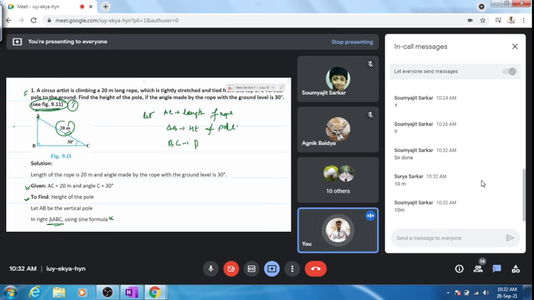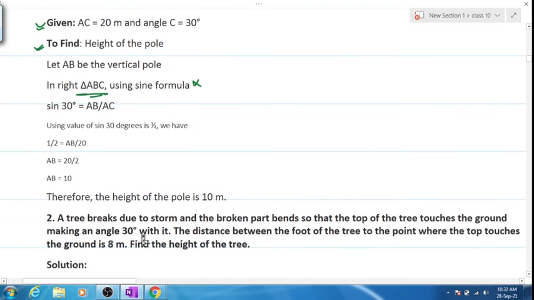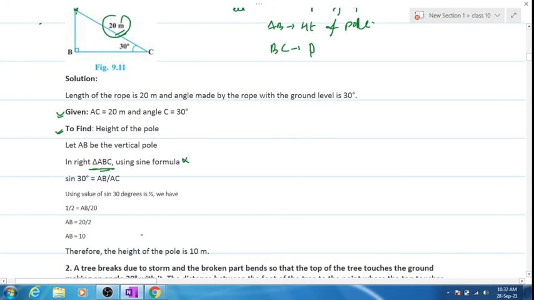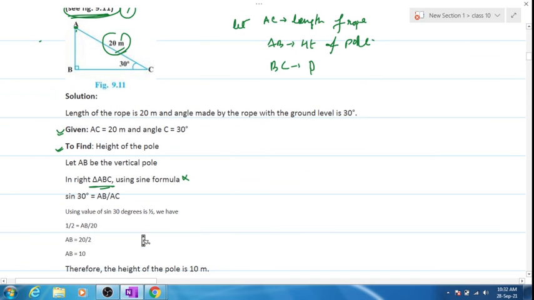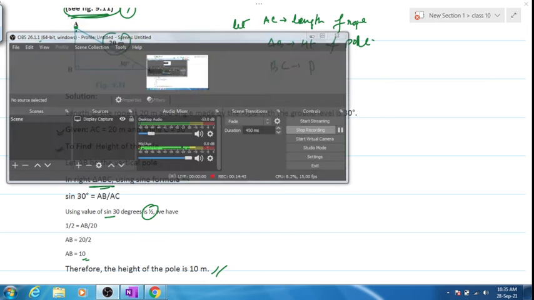Excellent, Surya and Somojit, excellent. I've already ended up with the answer. Everyone kindly follow it up. We have a solution over here. We'll be directly getting the answer of the vertical pole as 10 meters. People are expected to draw the diagram properly and tell me if you got the answer or not. Just use sine theta is equal to half, and then half of 20 becomes 10. I'm pausing the video for everyone. Kindly note it. Moving on to our next numerical now.